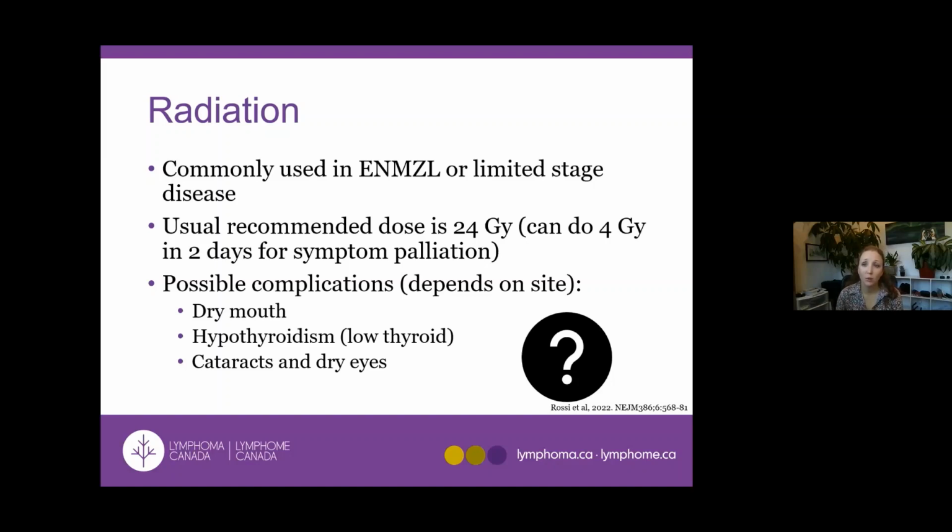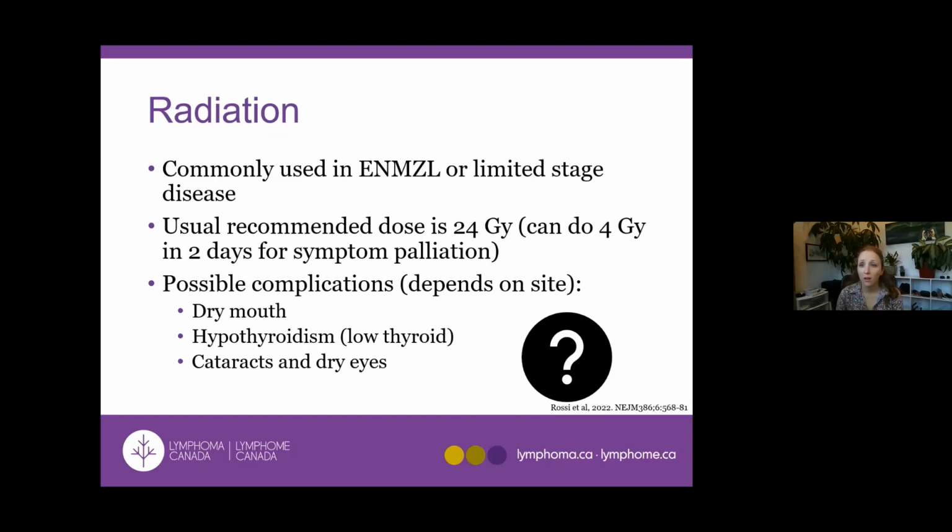There are some potential complications, however, and that's very much dependent on where the actual lymphoma is. So we can sometimes get dry mouth if we're radiating the saliva glands, hypothyroidism if we're radiating the thyroid gland. You can get cataracts or dry eyes, which can sometimes be worse if people already have an autoimmune condition that causes dry eyes, such as Sjogren's syndrome. So some people really feel that they can't tolerate radiation,